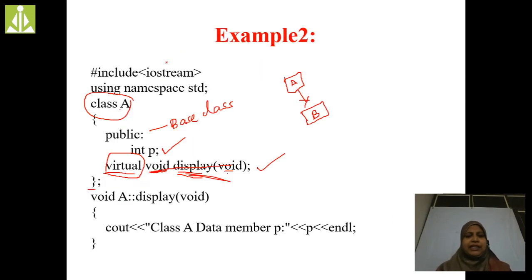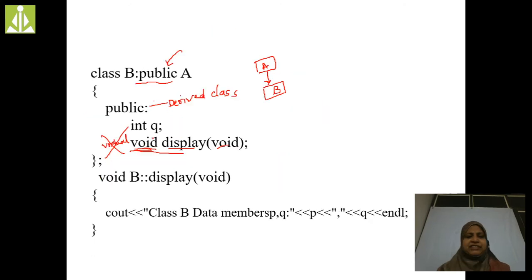Here P is the data member, and that's the reason we can access the P variable in class B. Why? Because class B inherits from class A. The data members and member functions present in the base class are inherited by the derived class.